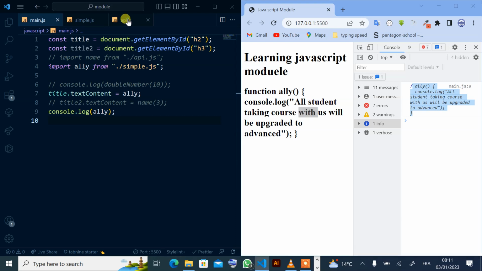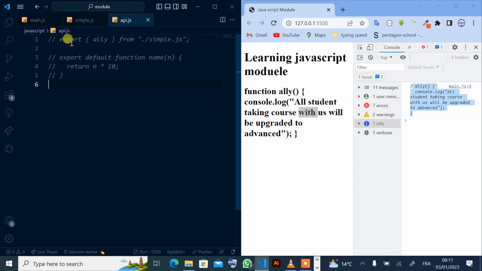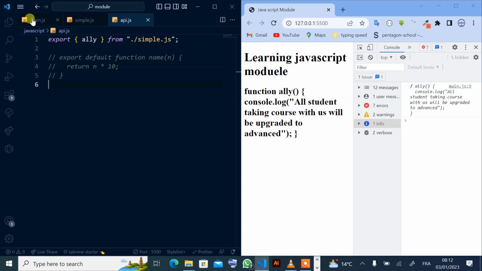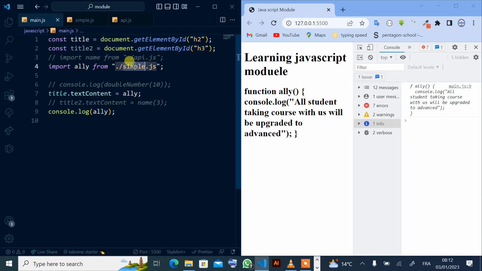Now if you want to see our bridge system here, we say okay, since we have Ali as the one exporting from there, first we eliminate this one, this function with name, and then we open this one which is coming from simple. Okay, now Ali is being imported from API. So instead of simple here, we pass the word